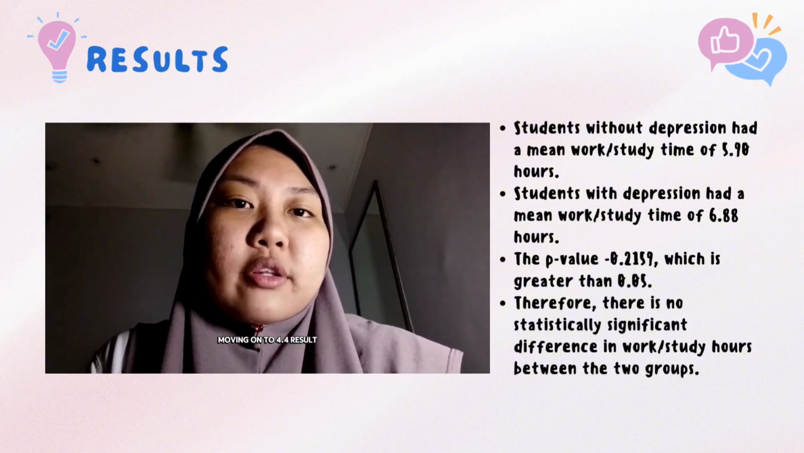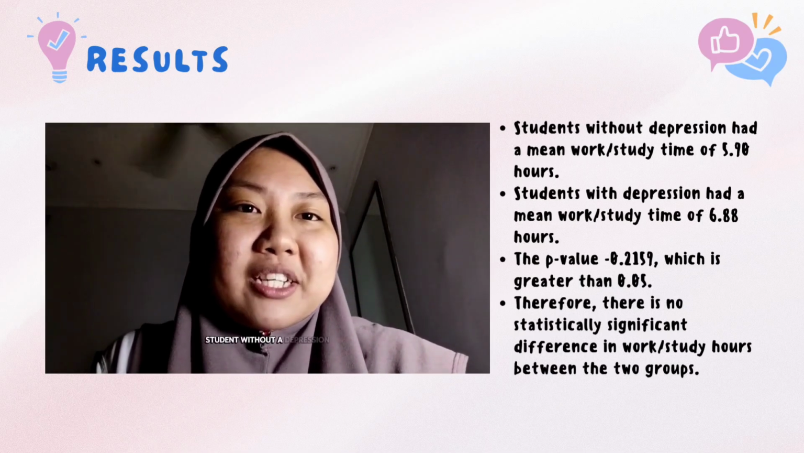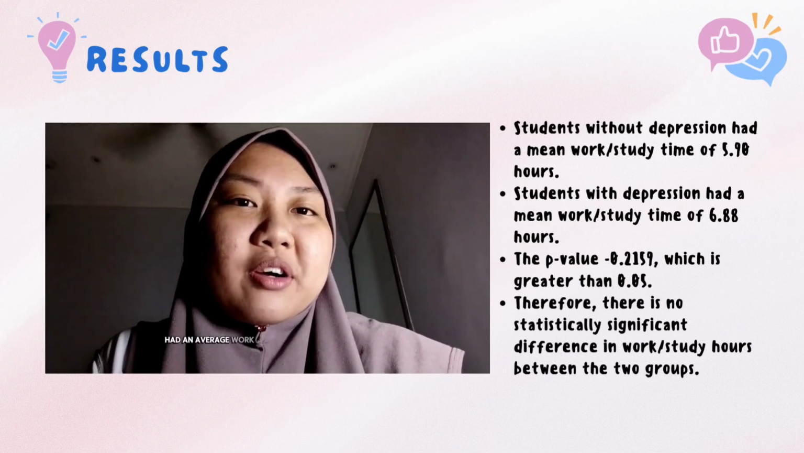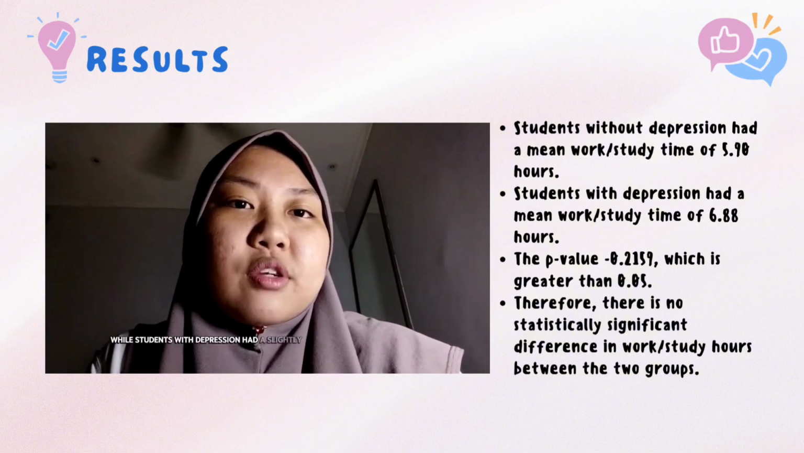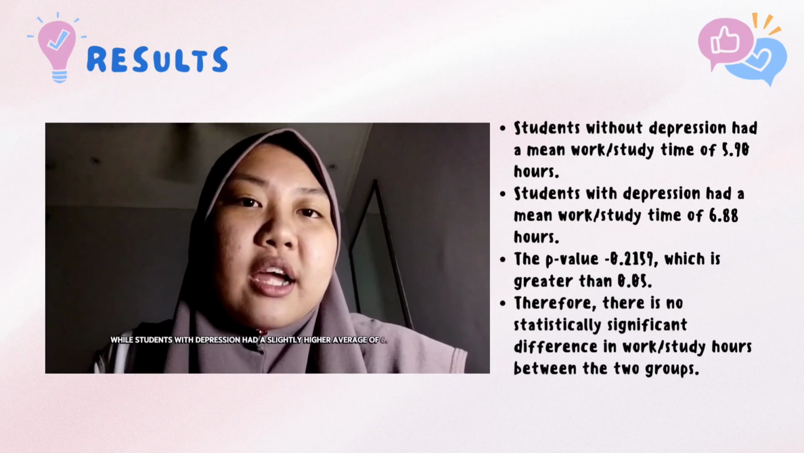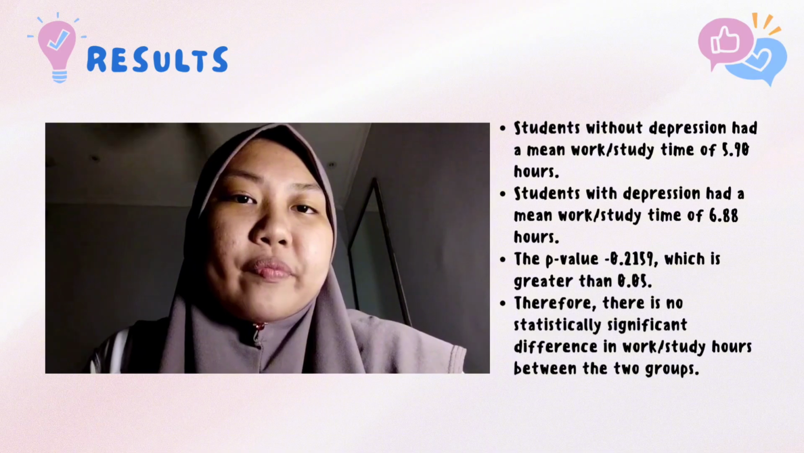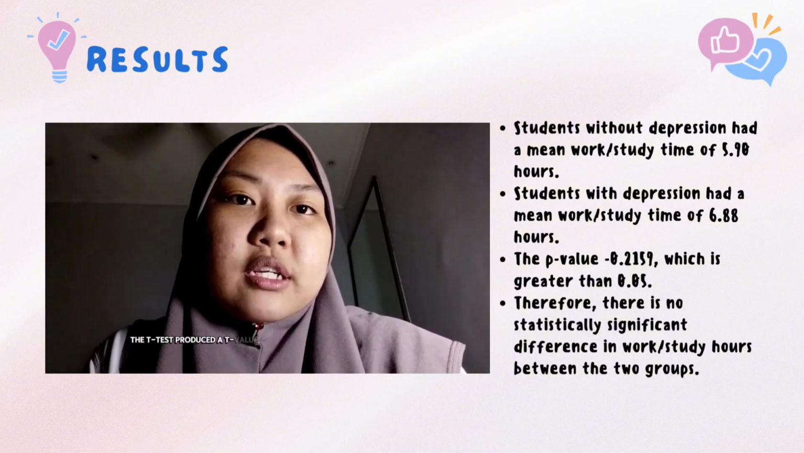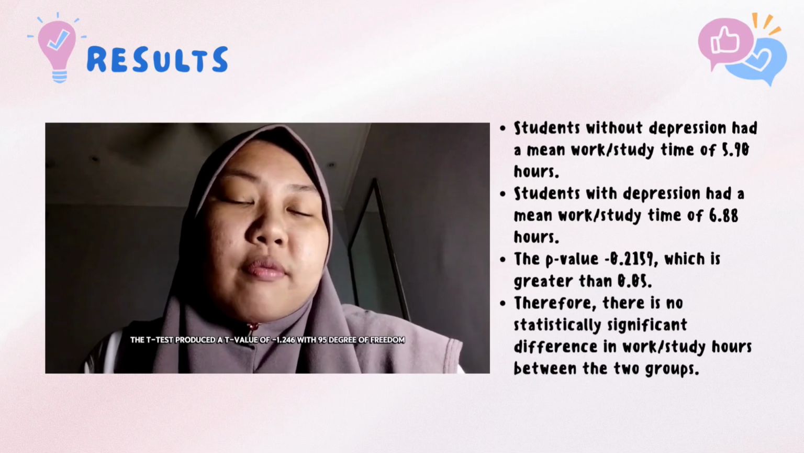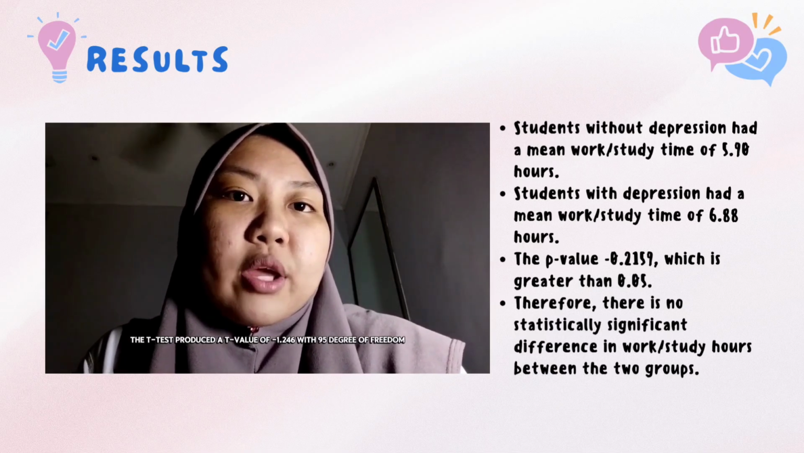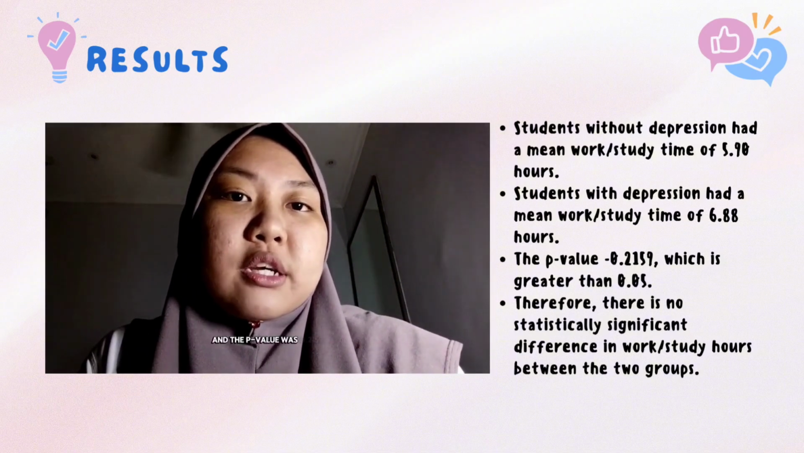Moving on to 4.4 Results. These are the results of the independent t-test. Students without depression had an average work or study time of 5.90 hours, while students with depression had a slightly higher average of 6.188 hours. The t-test produced a t-value of negative 1.246 with 95 degrees of freedom, and the p-value was